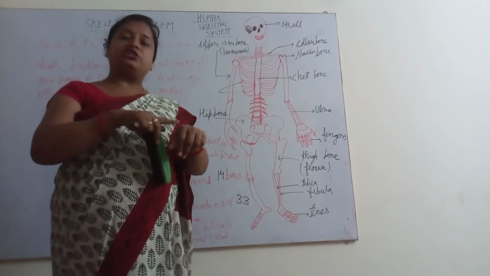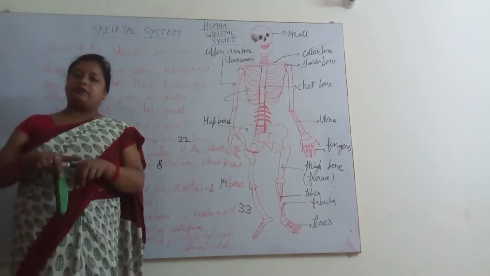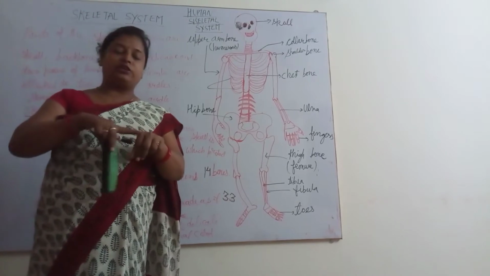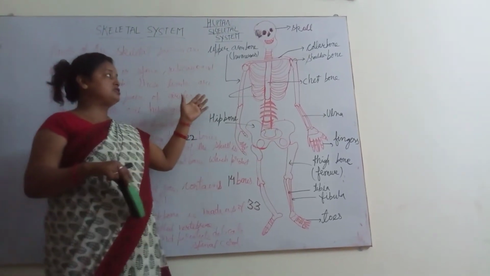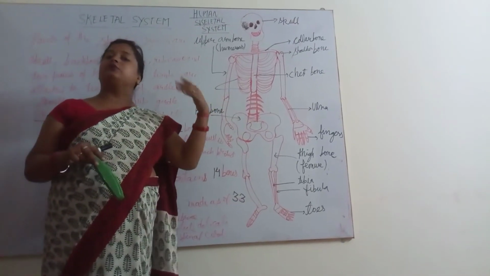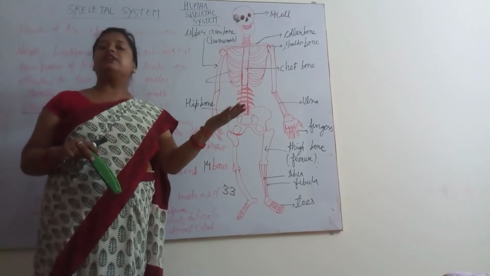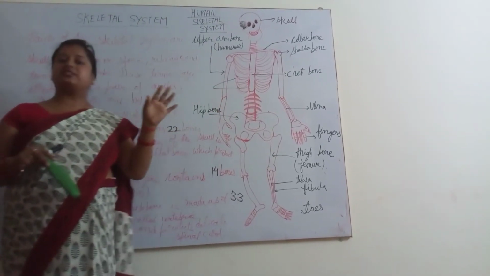If there is any wound or injury on your hands or legs, what happens? Blood platelets stop the bleeding, and a clot forms. With the help of the clot, it covers the wound and stops your bleeding. Next, we studied the difference between arteries and veins. Arteries carry pure blood and supply it to all parts of the body. Veins carry impure blood, which is purified with the help of the heart. The heart acts as a pump.